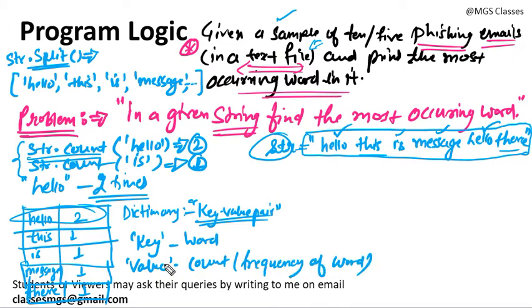You need to know how to create a dictionary in Python. You can create a blank dictionary using this syntax. Then you keep on inserting the words and their counts into this dictionary, and at the end of the loop you will get this dictionary, and you can print it very easily and get the words and their frequencies. So these concepts you should know.